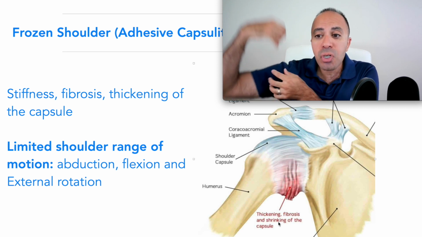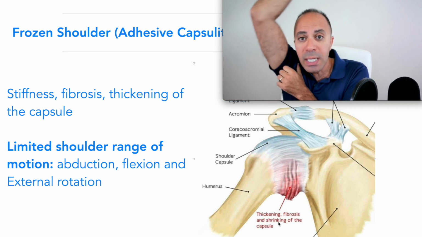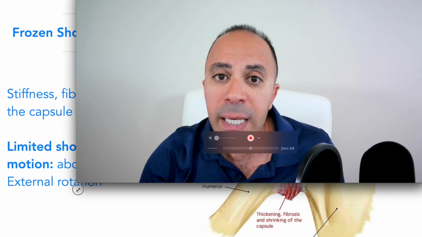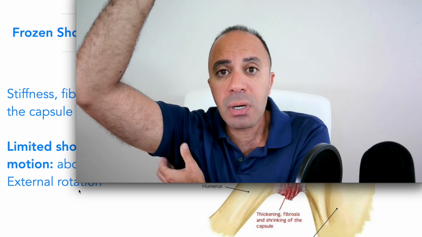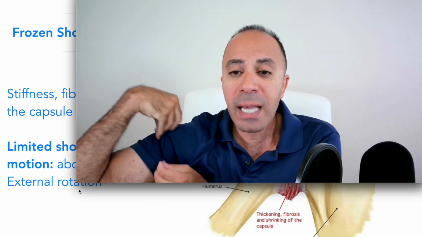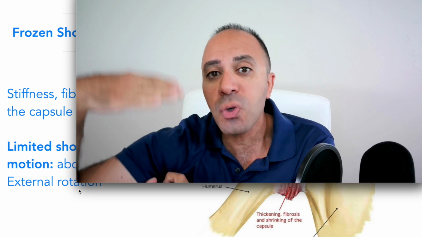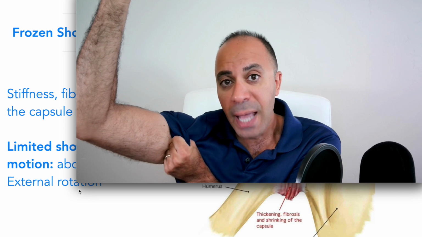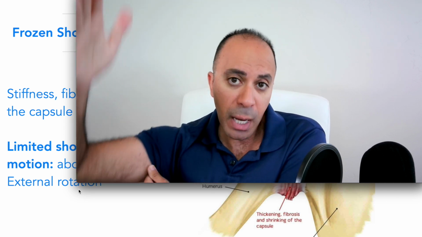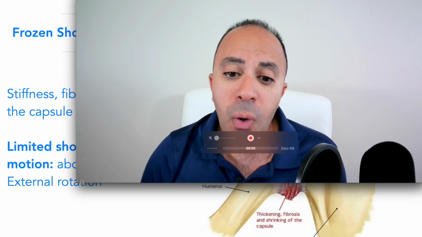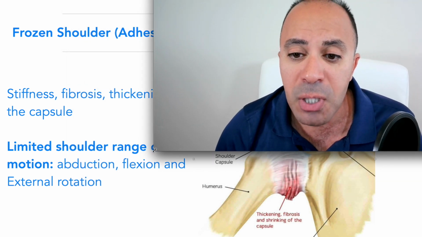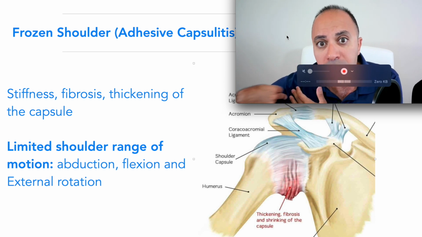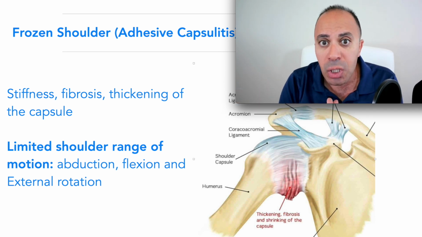That capsule should be nice and smooth, like the t-shirt I'm wearing now, so I can move freely. But when you start to have adhesive capsulitis, that capsule starts to shrink and you have scar tissue, like the size of my t-shirt decreasing 2 to 3 sizes smaller. So when I move, it is tight from the adhesion, and it will limit my range of motion. And that's a problem, and it's overlooked by a lot of healthcare providers, especially physical therapists. I personally, before I invented the ASTR tools that go deep to release the deep adhesion, I personally used to